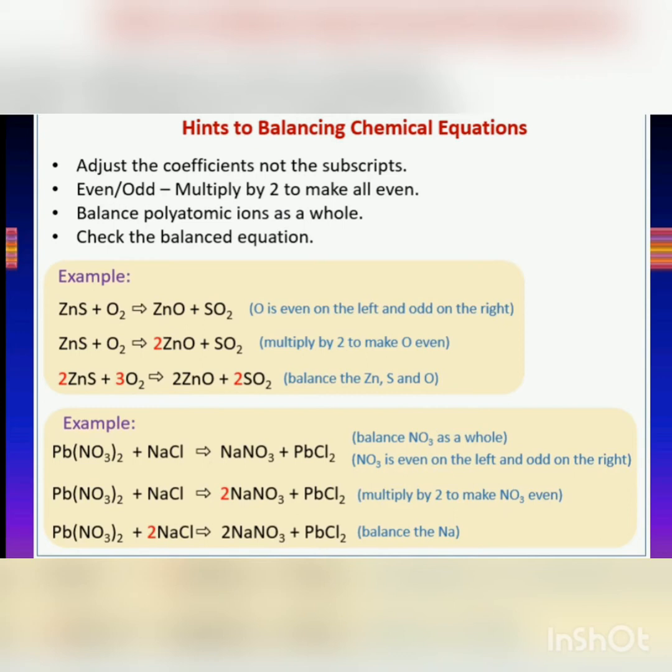That's an odd number. So when you have one even and one odd number, the best way to balance it is to make the odd number even by multiplying with 2. So that's what we are doing here. We are going to multiply sodium nitrate with the number 2. See, it's written in red for the second equation in the second example. So NaNO3, once it is made twice, how can we check it? Sodium Na, we have two atoms now, and NO3, we have two groups of these NO3s. Lead chloride remains the same, PbCl2.